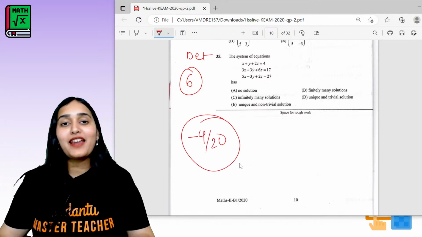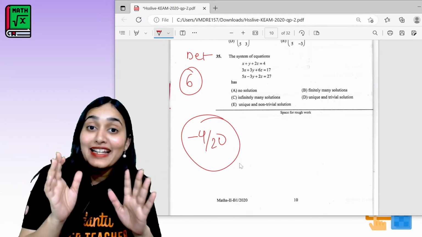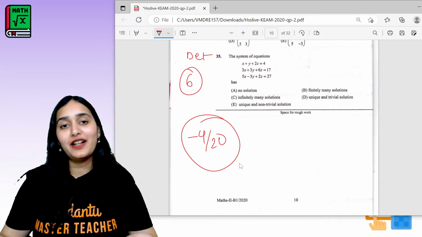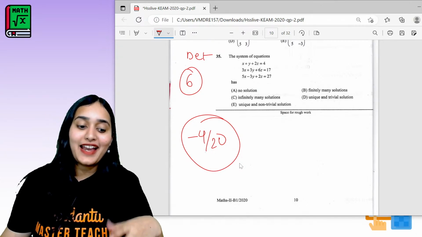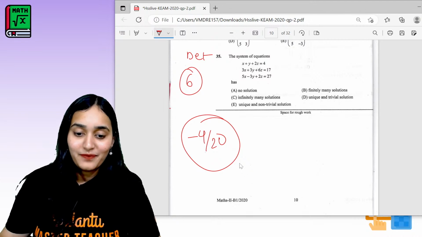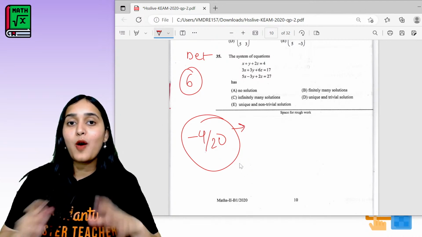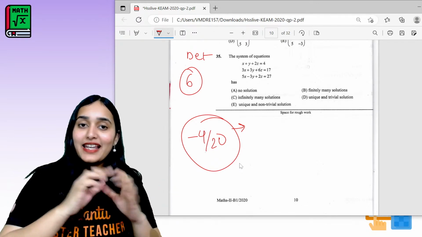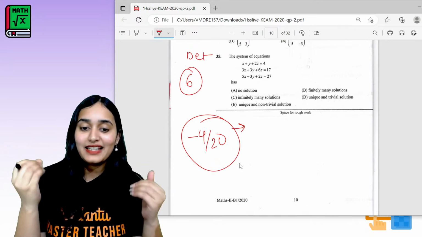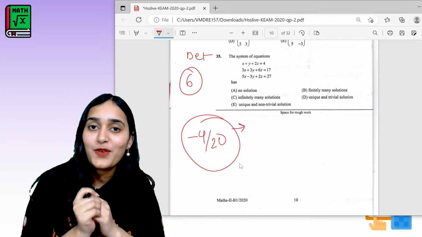I was so surprised to see my answer sheet, -4, and I was laughing on it. I seriously laughed, oh, I got -4, like I got negative marks. And then when I showed it to my mom, she was like, what is this? Matlab padhai likhai chhod do, don't study at all, just leave all the studies if you want to score -4.